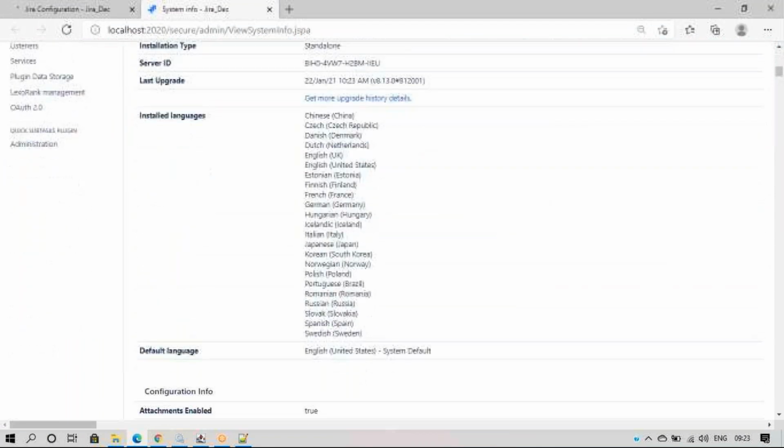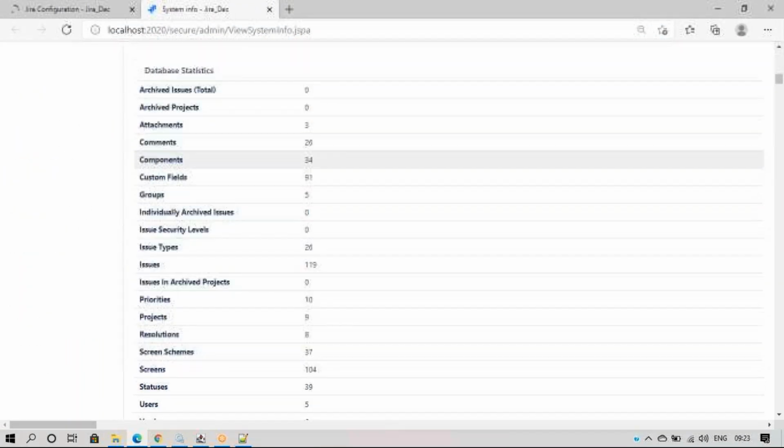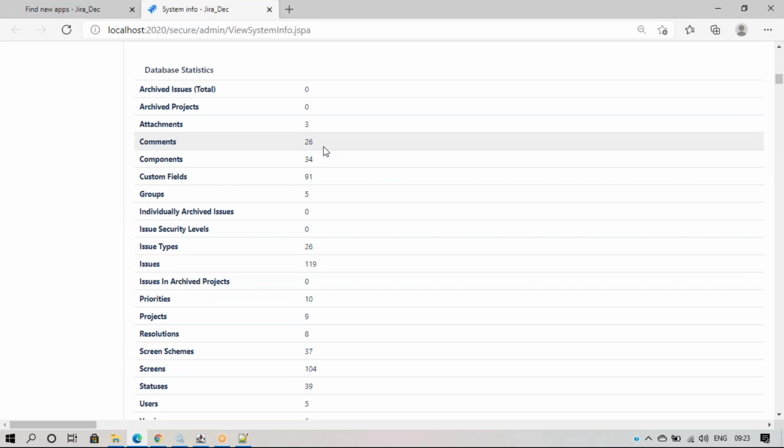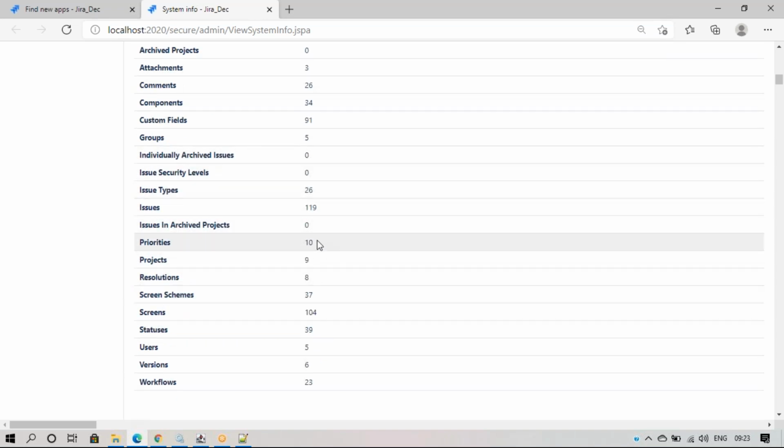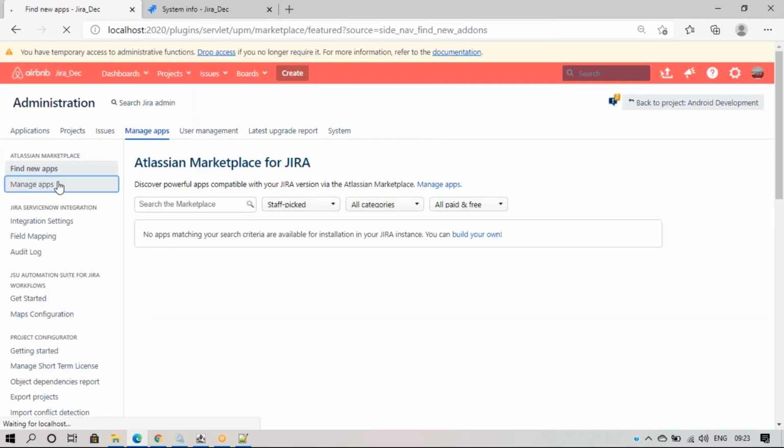If I go to system info and move to database statistics, I have 26 comments, 34 components, custom fields 91, groups 5, issue types 26, 119 issues, priorities, resolutions 8, schemes 37, screens 104, users 5, versions 6, workflows 26. And in manage apps, all the plugins I've installed will be here.